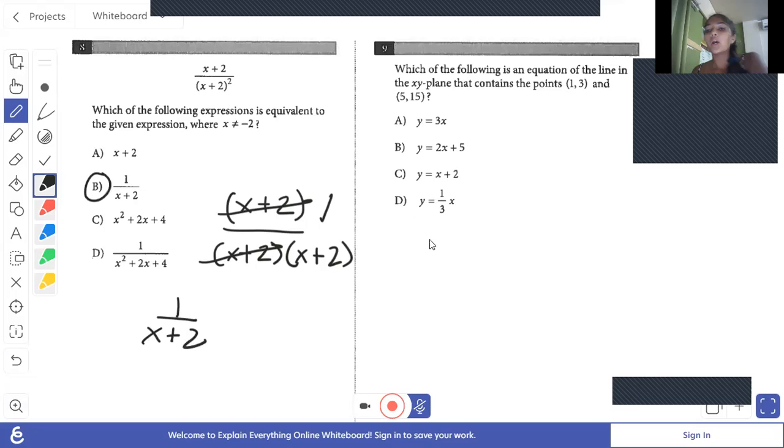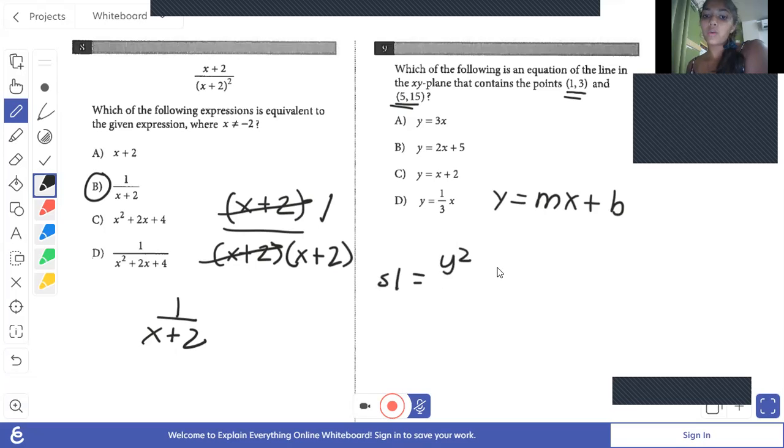B. Which of the following is an equation of the line in the xy plane that contains the points 1, 3, and 5, 15? So if you're familiar with the equation of a line, it is y equal to mx plus b. We're going to first find the slope of these points. So we have 15 minus 3 over 5 minus 1. We know that the slope